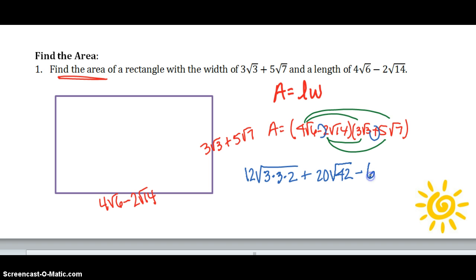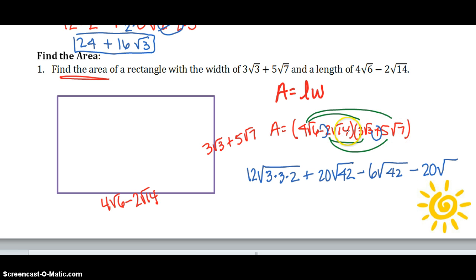And this sign makes it negative. 2 times 3 is 6. Radical 14, which is 2 times 7, which doesn't break down. It's going to be another 42. And then negative times positive makes negative. 4 times 5 is 20. Radical,